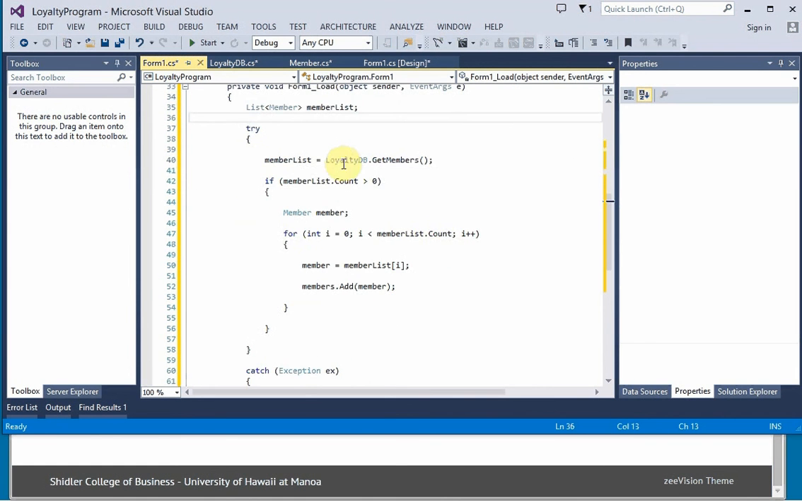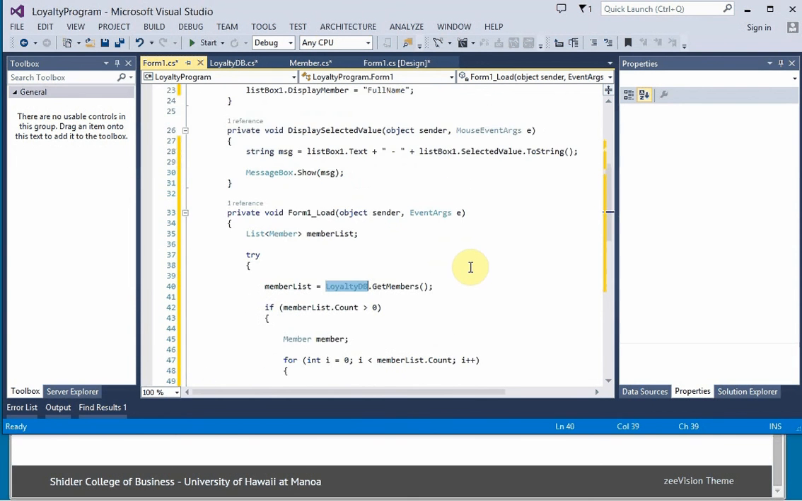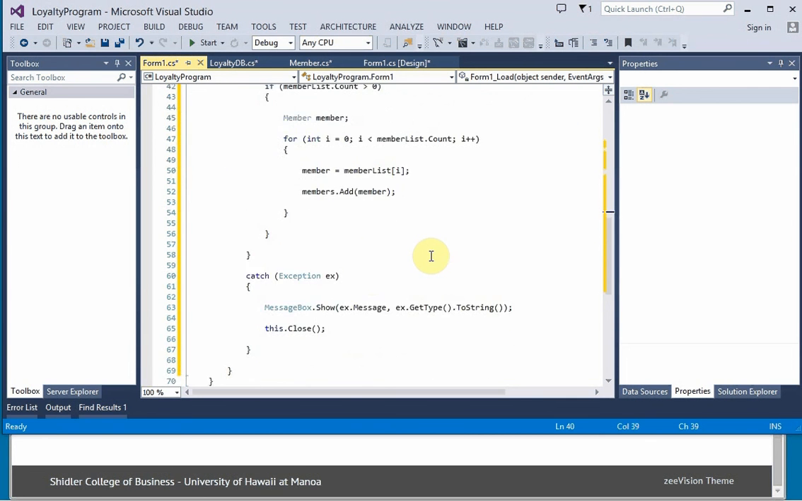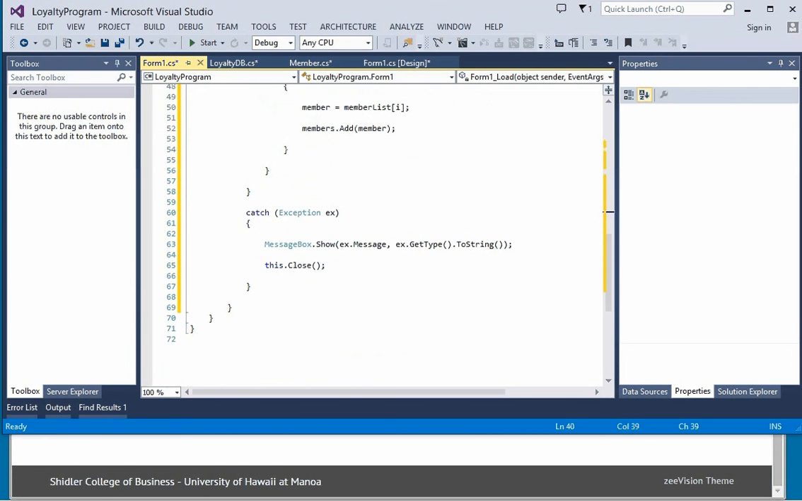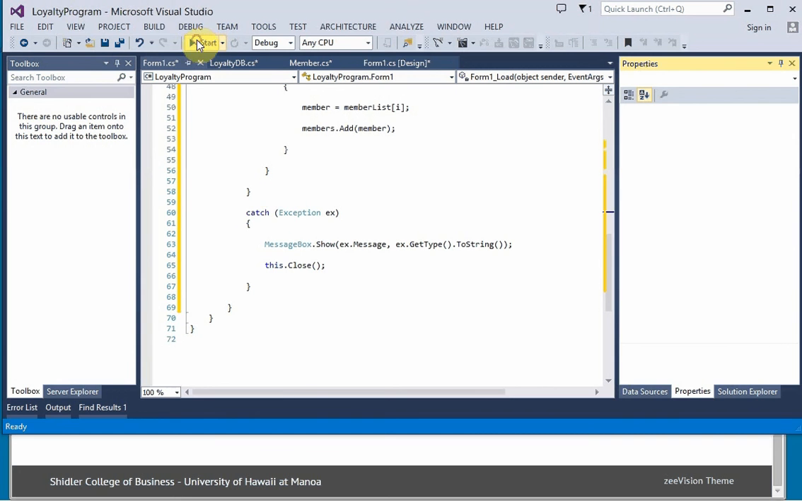defines a member list here, reads using the GetMembers method, the loyalty DB GetMembers method, reads them up and adds them to this member list here, which is bound to the list box. So I think we're pretty close to being done. I think that's it. Let's compile it, see if it runs,